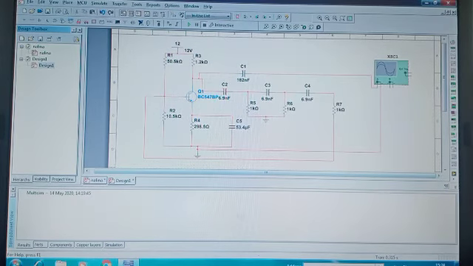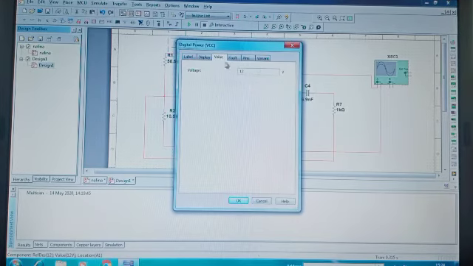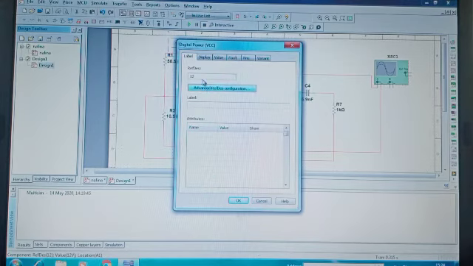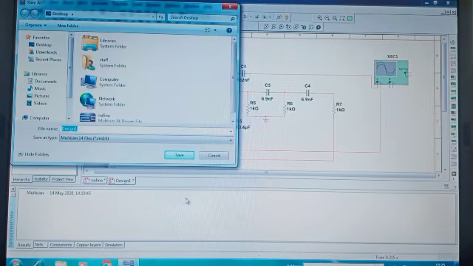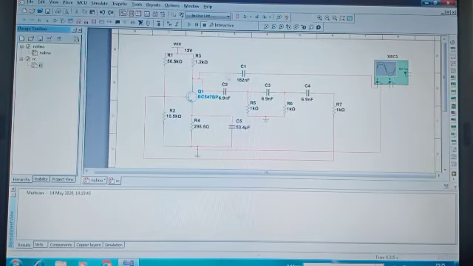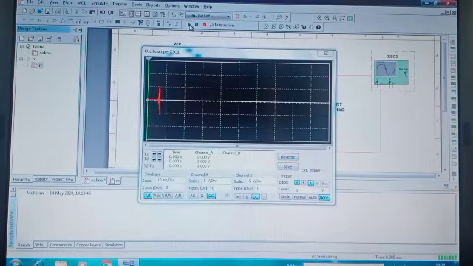The connection is now finished. Let me check the output. After this, you just save the file. Next, you just click on this CRO and run.